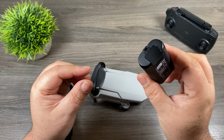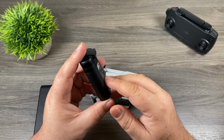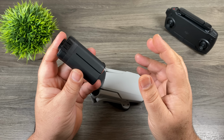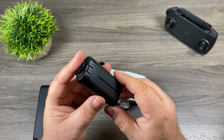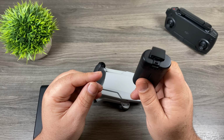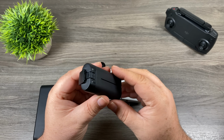The other nice thing is that these batteries are actually quite small. So if you're going to be going on a trip, you could buy several batteries to get you through your entire trip. And that can be especially important depending on how and where you're traveling. Say you're going on a backpack trip and you're going to be away from traditional power. There's no way to charge up your batteries. You could theoretically buy 10 of these, stick them in your camera bag, and have enough power to get you